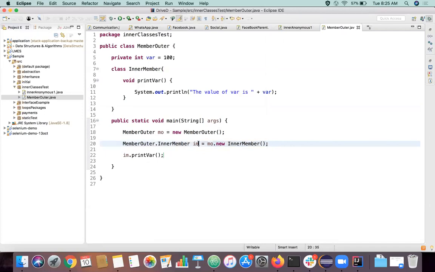Here, we are trying to access the inner class through this dot. How will we access any variable? Because this inner class is a member of an outer class, through the object of the outer class we are able to directly access it like this. But since this inner class is not static, we access this variable by creating a new instance of this inner class by calling its constructor. Because it's a member of the outer class, we call the constructor of the inner class through the outer class object itself.